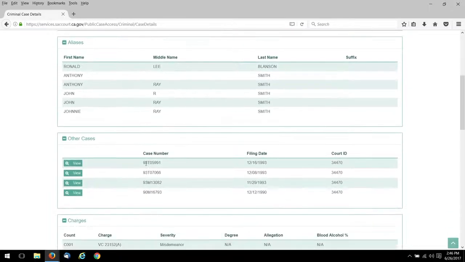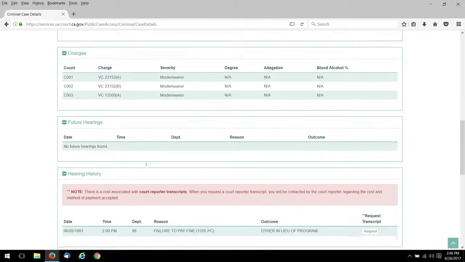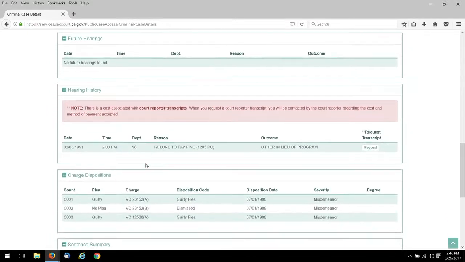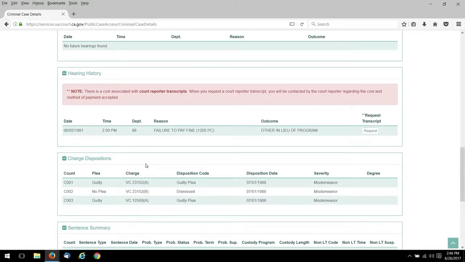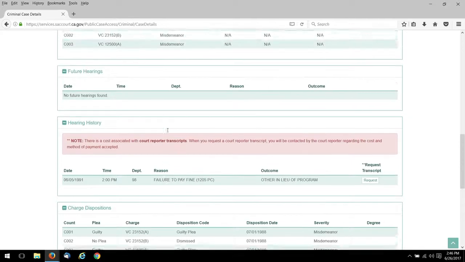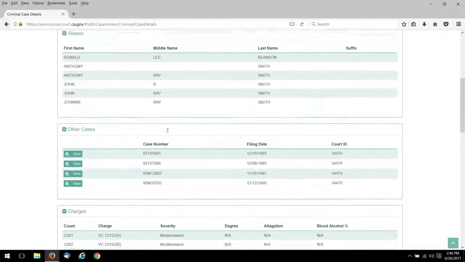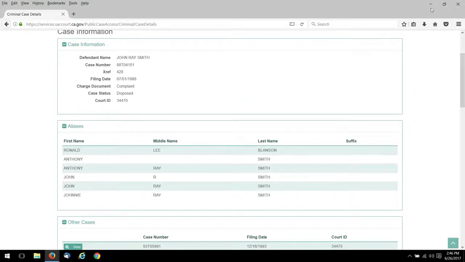The items that we need are all right here and available under disposition. And this person was convicted, as you can see, a guilty plea, and the notations indicate that he did not have a driver's license, that he was convicted of, and that it was a DUI. So there you can see on this index, which is available for $1, you have all the information you need to prepare your